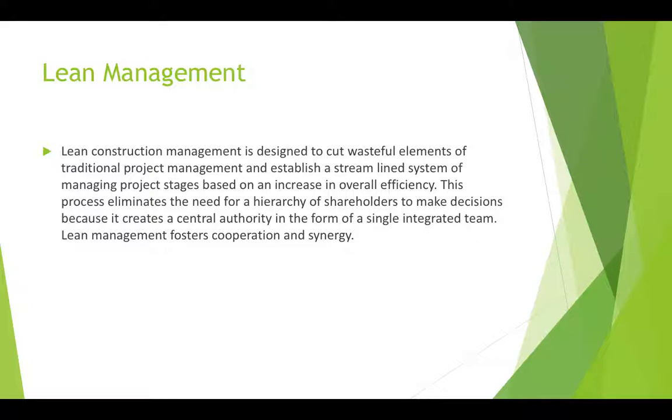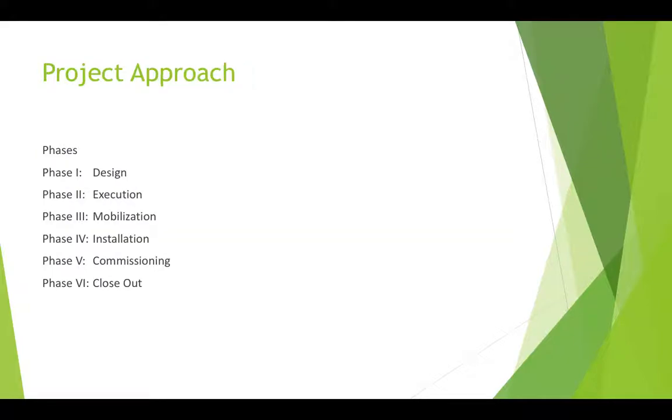Lean project management utilizes certain guidelines to help cut down on that waste and ensure processes are used to make sure a project comes in on time and on budget. The approach for this project is going to be in phases. Phase 1 will be design, Phase 2 execution, Phase 3 mobilization, Phase 4 installation, Phase 5 commissioning, and Phase 6